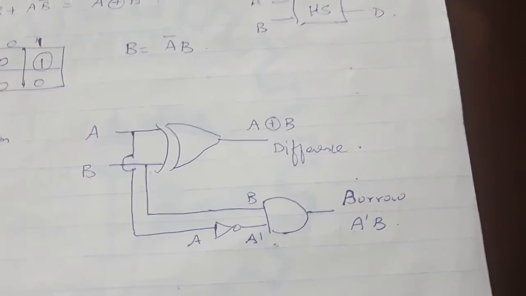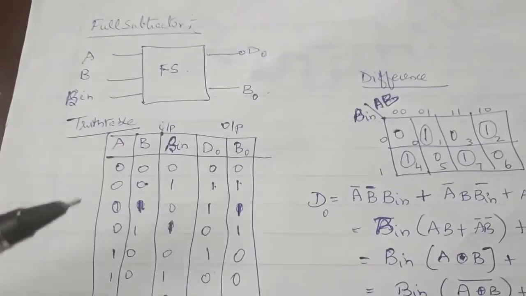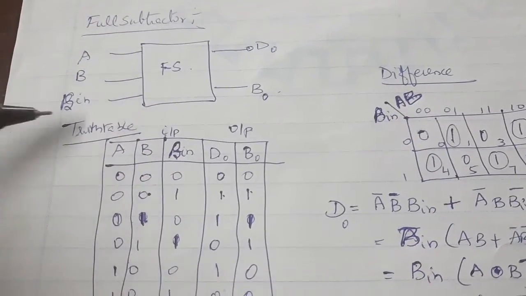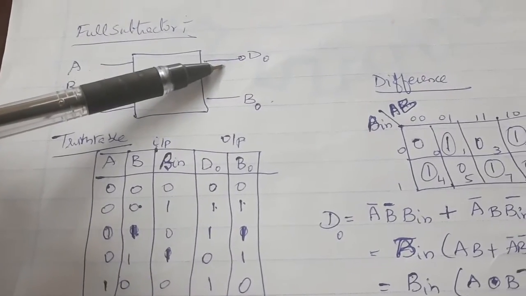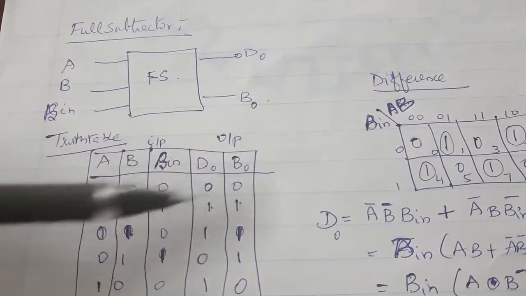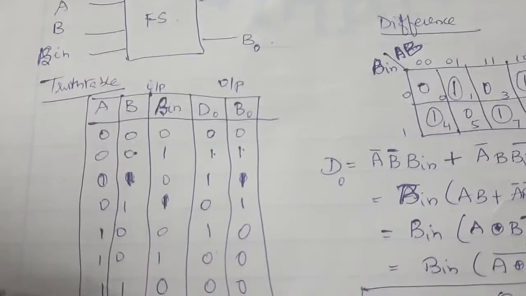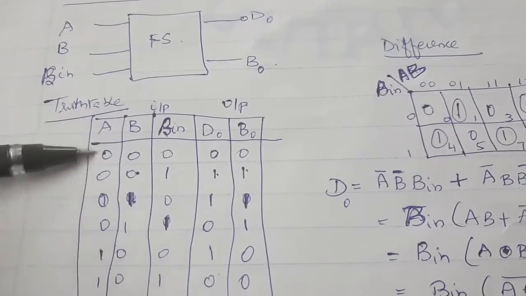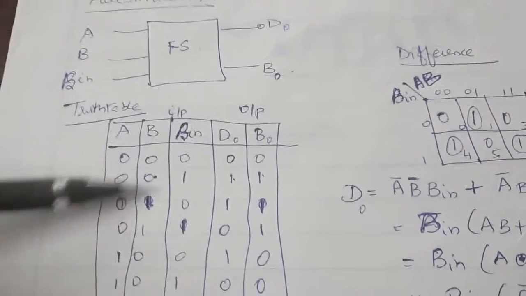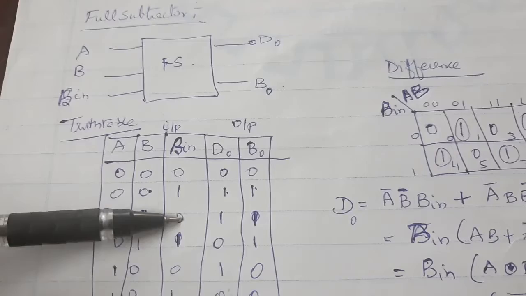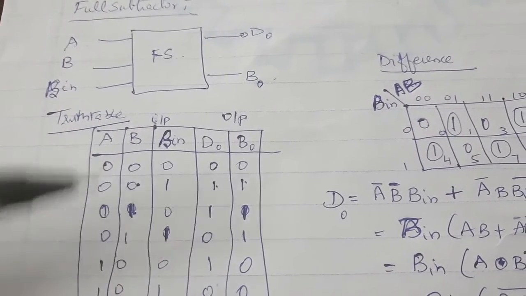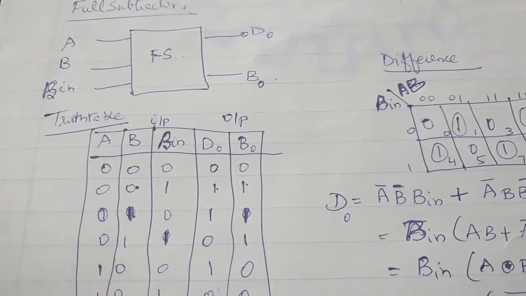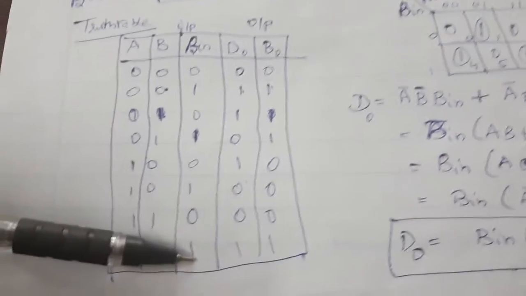Slowly we move on to the 3-bit information, the full subtractor. So it is 3-bit: A, B, and borrow in. You have borrowed already, so you have to create outputs of difference out and borrow out. Again the truth table is a 3-bit truth table, with the conditions of 0 borrow in and 1 borrow in. Input is 0 0 both ways, then the combinations 0 1, 1 0 and 1 1, each for borrow in 0 and borrow in 1.